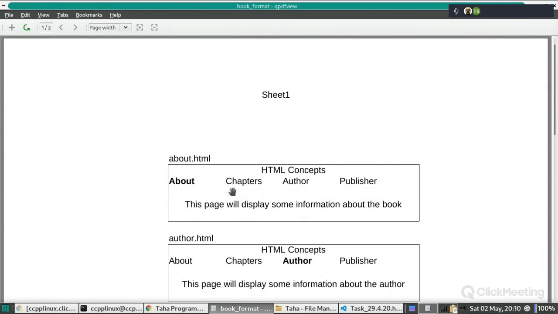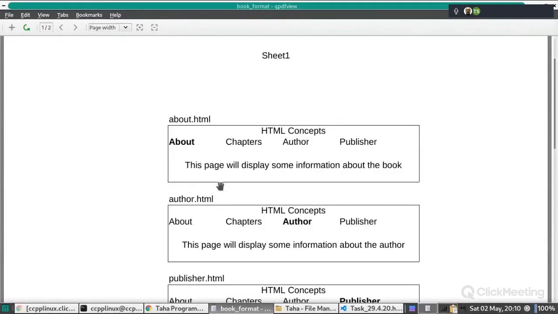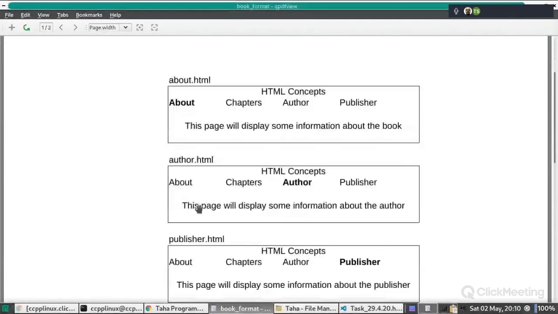So, sir, you asked him to create multiple files, right? About.html, author.html, and then do an href over there, right? Yes. Can you just read his code and show me how you can create that first box? Because we had a big problem putting this text: this page will display some information about the book. It wasn't working. We couldn't merge it. Can you read our code and see what he did wrong? Because I even could not figure it out.